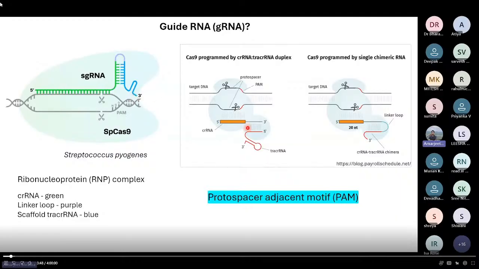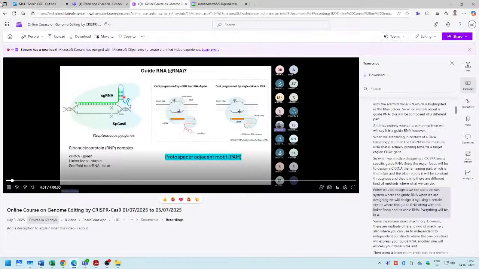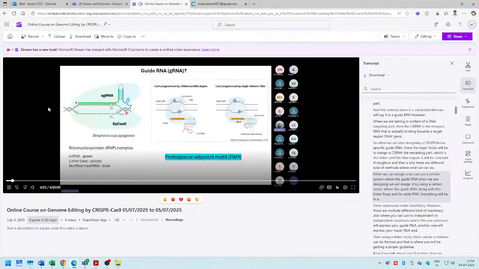And that is why there are different kinds of methods. Either we can design a guide, or we can use a certain system where the guide RNA, when we are designing it, we will design it by using a certain vector where this guide RNA along with this linker group and scaffold